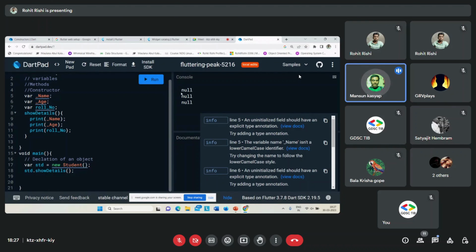Okay, so why is it showing null? Since I haven't defined anything. I'm printing the name from this. I make a variable called std of the Student class, and I want to fetch the details by using the show detail